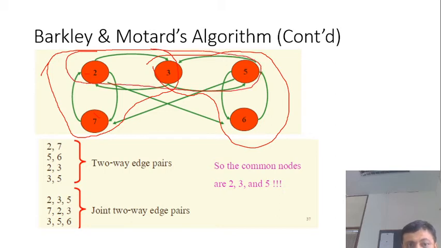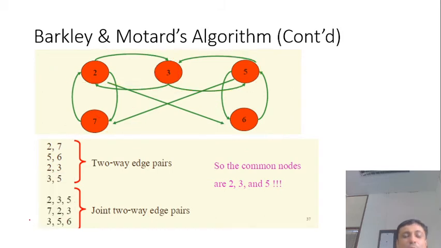So there are 3 two-way edge pairs, and according to the rule which we discussed, whenever there is more than one two-way edge pair, you have to identify a common node with maximum output. So if I look at this, 2 is a common node to 2, 3, 7. How many outputs does it have? 1, 2 and 3. 3 is a common node between 2, 3 and 5, right? So 3 has only 2 outputs. One is to 2, other is to 5. So 3 will not be in my TS tree.